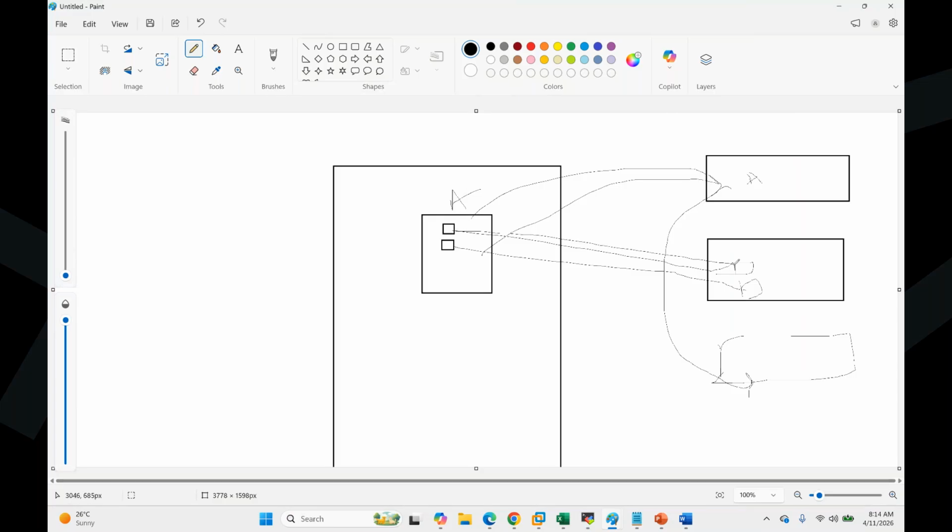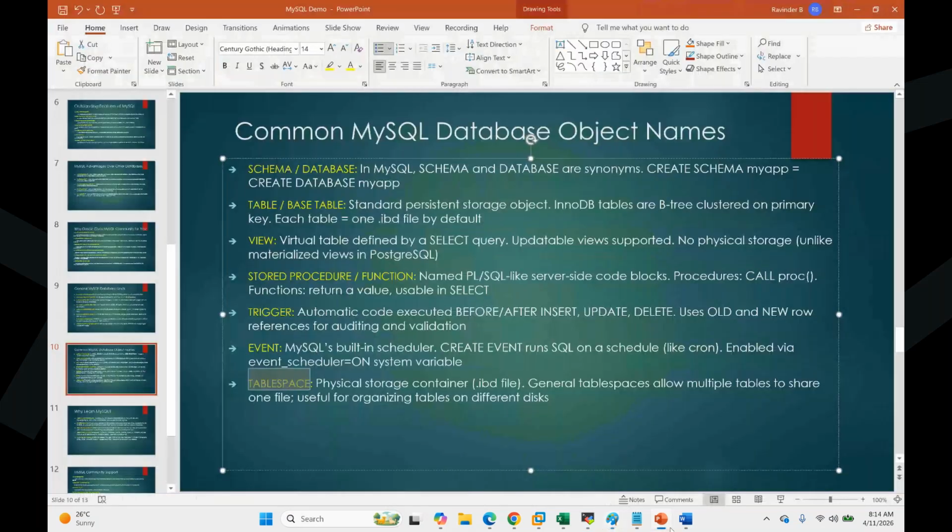A table can go to here, one table can go to here, so that if I'm hitting this database, my data come from here, here, here. One database distributed to three different volumes, in fact, based on what object you created where. So you have that possibility using the tablespace concept only, in fact.